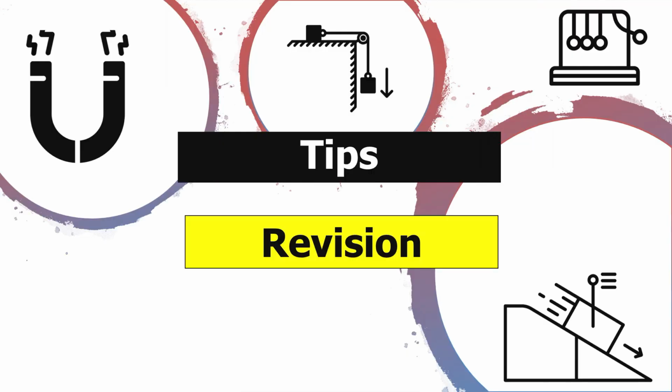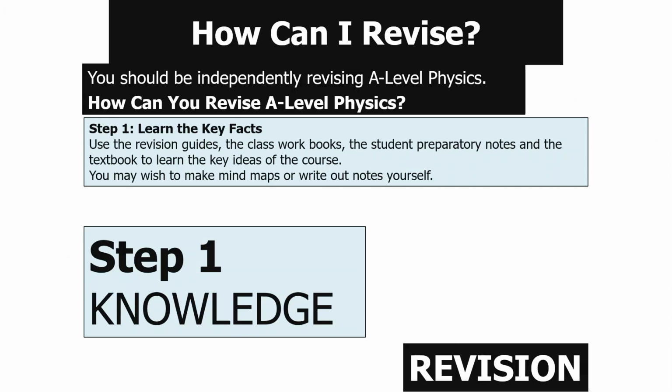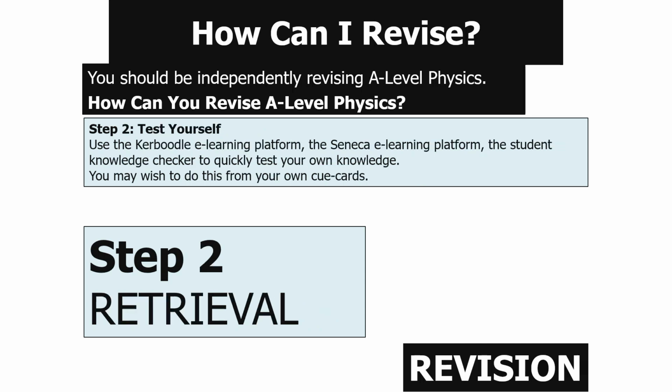Now, how should you be revising for AQA A-Level Physics? Well, the first thing you need to do is to learn the key facts. Use revision guides, class workbook, student prep notes and a textbook to learn the key ideas of the course. Then test yourself. Use things like Caboodle, Seneca, knowledge checkers to quickly test your own knowledge, and you may wish